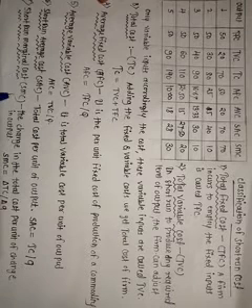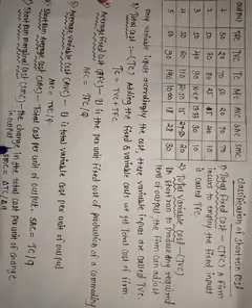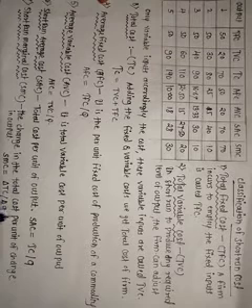Then next one is short run marginal cost. Short run marginal cost means it is the change in the total cost. Here short run marginal cost means it is the change in the total cost per unit change in output. If we wanted to calculate the short run marginal cost, we use this formula. Short run marginal cost is equal to delta change in total cost divided by delta change in Q.